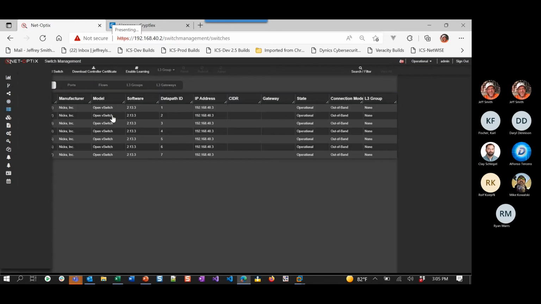Pretty cool. Switch management lists all the switches in the system. You can do some cool stuff with them. We have this concept called cross-domain routing. So basically it allows you to talk differently across the switch. You could have a PLC, like in the world of GM, they have a PLC on the 10 dot network, a switch, and below it they have I/O on the 192.168 Class C network. You can talk through it to that, or you can talk 10 dot up to the rest of the enterprise, right? So it gives you the ability to have different addresses, and we do something called, it's called layer 3 groups in the world of OpenFlow, but we call it cross-domain routing because it's a little easier to